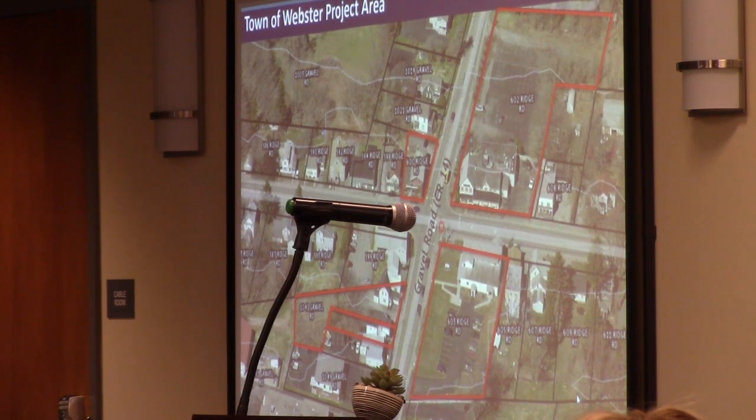In addition to 600 Ridge Road, the Furniture Strippers building, the former G Palace is being proposed for a project, and the former Firemen's Association building at 603 Ridge Road. Initially we had outreach with the owners of properties across the street on Gravel. We're having just a mixed level of interest from those property owners to participate. But we do have, for sure, 3 solid properties, 600, 602, and 603, all flanking the intersection, all of which, a massive amount of investment would give a real shot in the arm to the hamlet, and we think could start to spur some real great things happening in that part of the